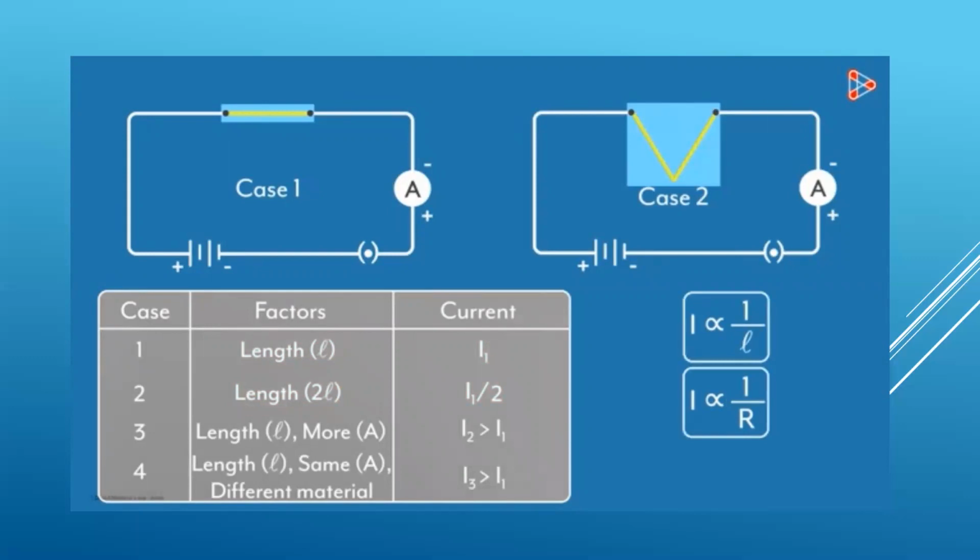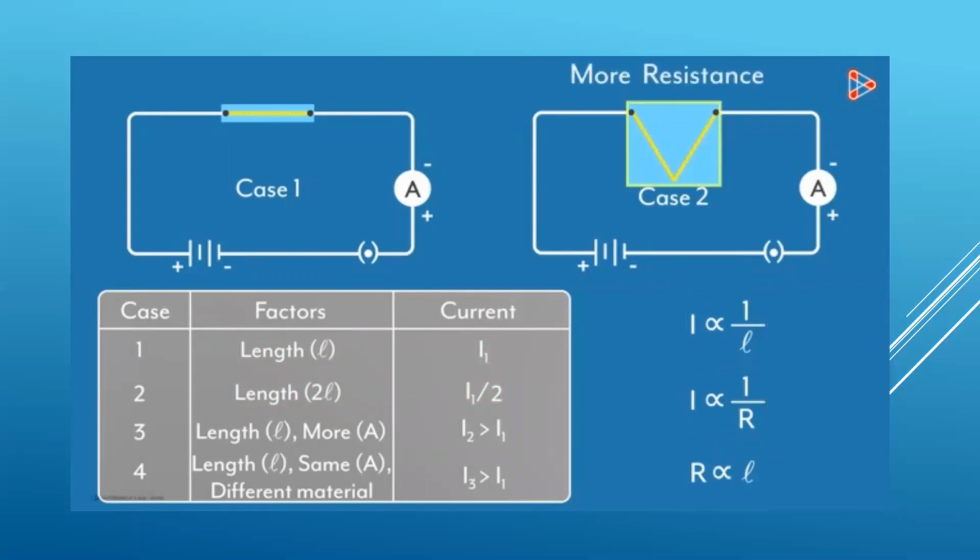So these two together will imply that the resistance R is directly proportional to the length of the wire. More the length of the wire, more will be the resistance. Note that here we assume everything else will be constant. It will be the same wire and it will have the same cross-sectional area, and other factors like temperature will also be constant. So the length of the wire is one of the factors on which the resistance of a conductor depends. The resistance of a conductor is directly proportional to the length of that conductor.